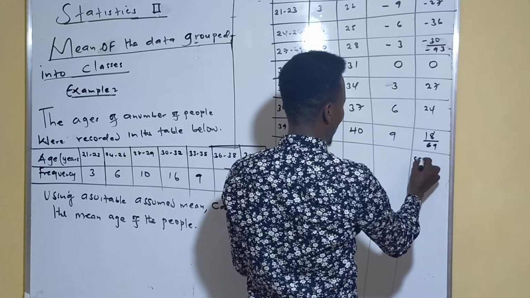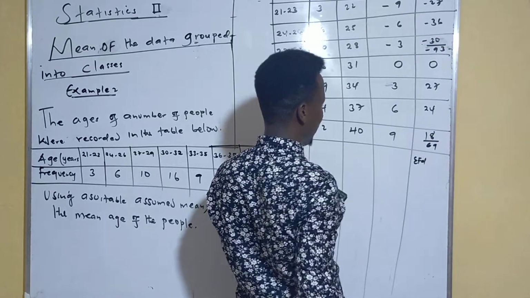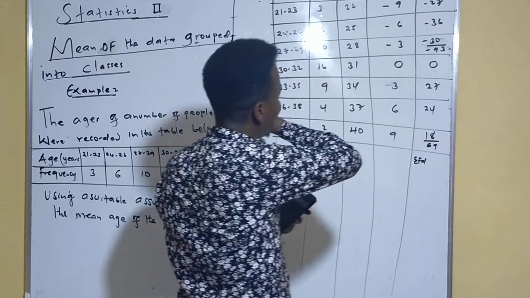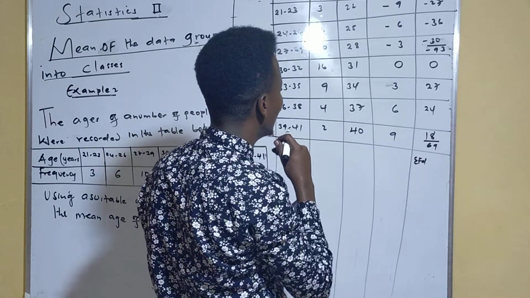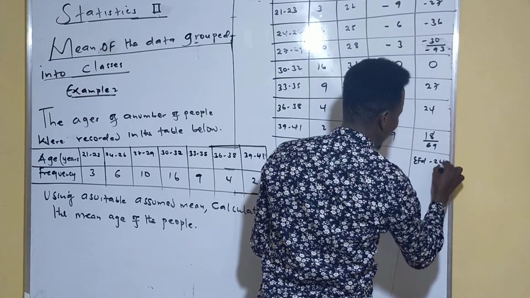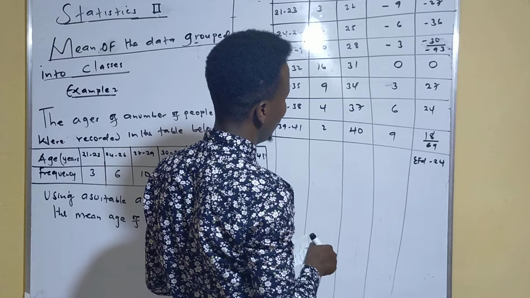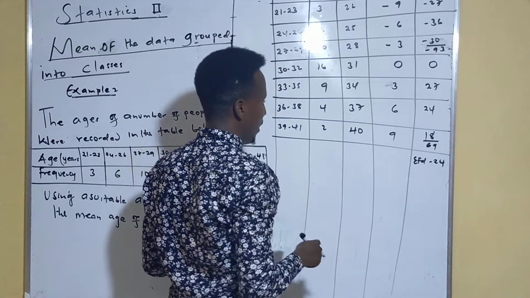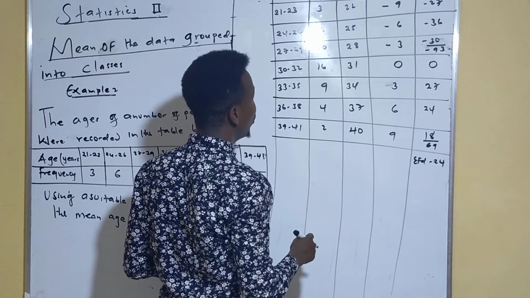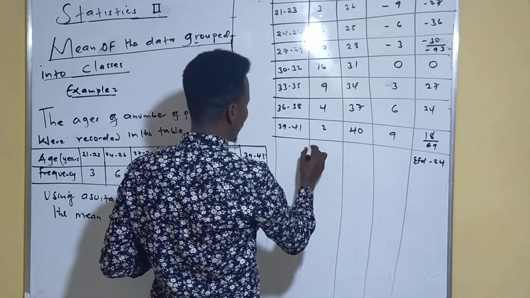So sum of FD will be, add negative 93 plus this one. It's how much? Negative 93 plus this one is 24. Negative 24. Then what we'll be doing here is, let's get also sum of